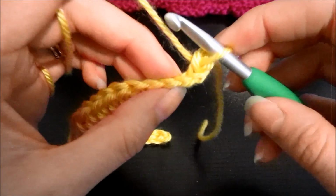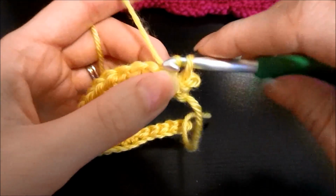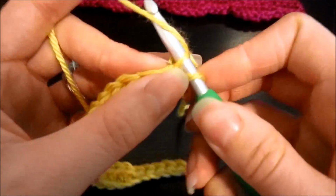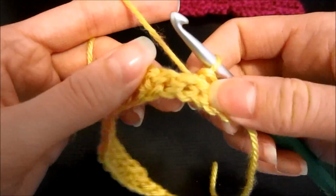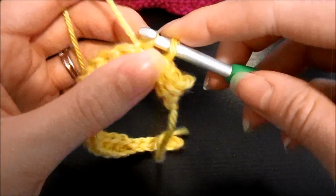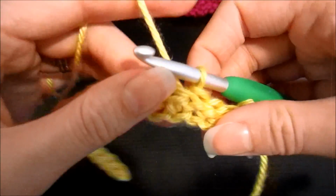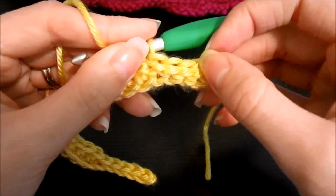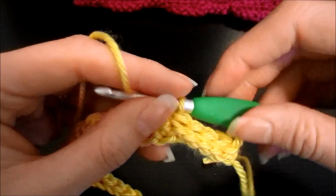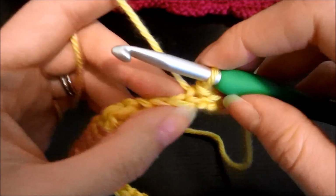And then from here, I'm going to work into the next one, back loop only. That's my second slip stitch. Now into the third. The fourth. And the fifth one. Okay, something you want to keep in mind too that I kind of learned the hard way is you want to make your slip stitches a little bit loose, because otherwise it's really hard to get your hook into that back loop only. So as I said, from here what we need to do now is 5 half double crochet